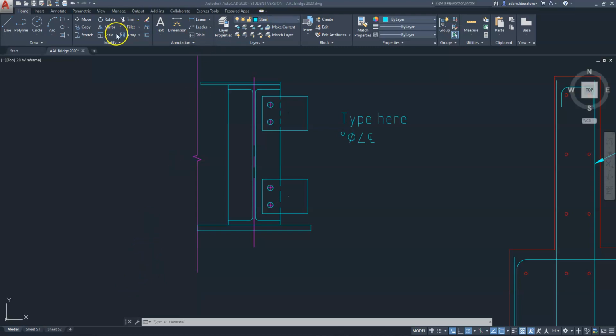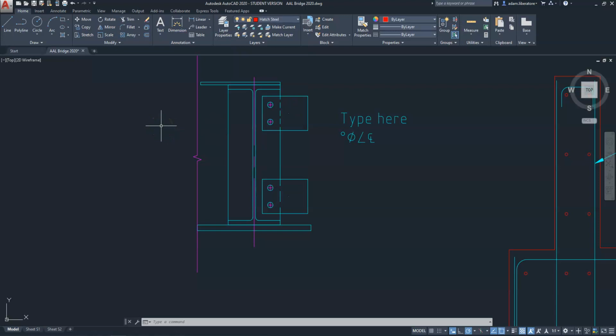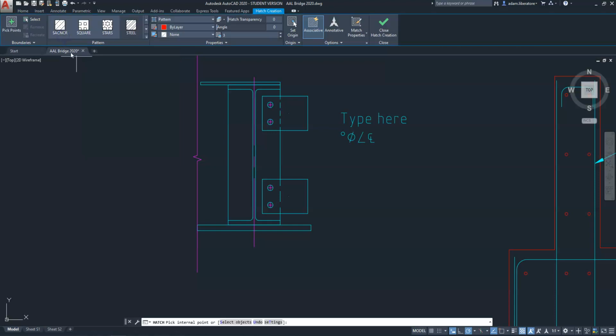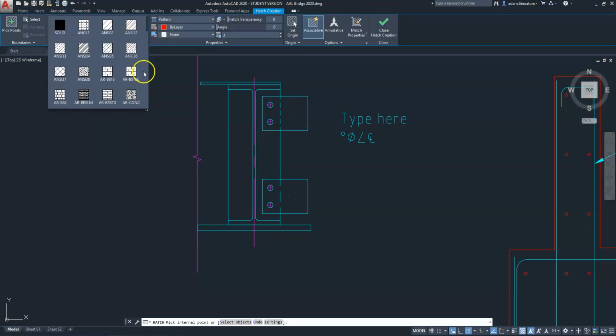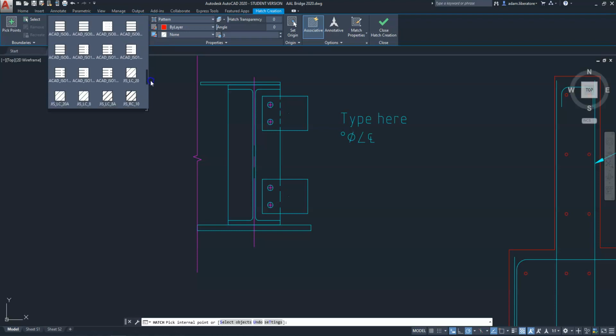The last thing we'll do is the hatch. To get to our hatch, again, we're in our Home tab under Draw, but first we need to change our layer. You'll notice that there are two hatching layers. We are going to hatch the steel right now, so we'll select that one. Once that's selected, you go over to the hatch and select the hatch. You'll want to come down and we're just going to choose steel